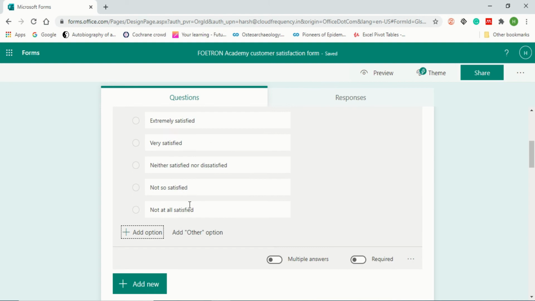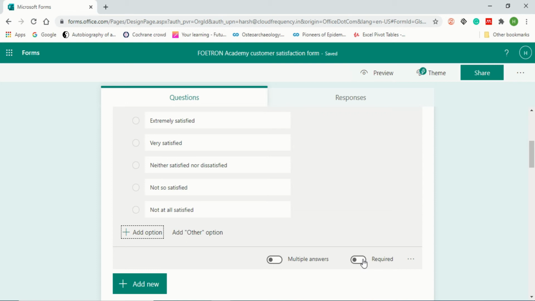Like if I click on a certain answer, like if I click on very satisfied, it cannot be like this. This is a 1 point question, but there can certainly be questions that have multiple answers. For that, you just click on multiple answer. That person will be able to click on multiple things. Otherwise, the person will be able to click on one thing only.